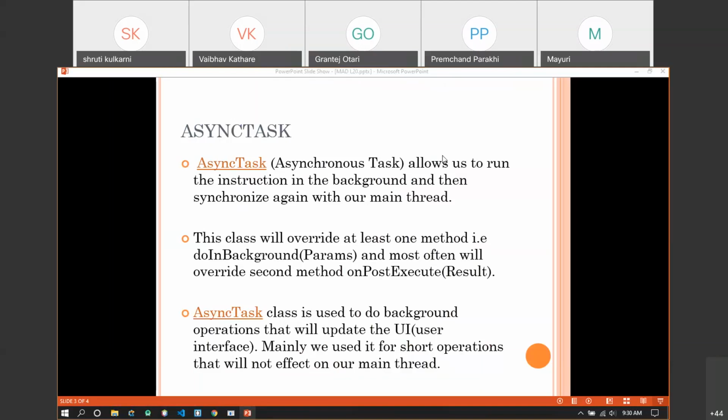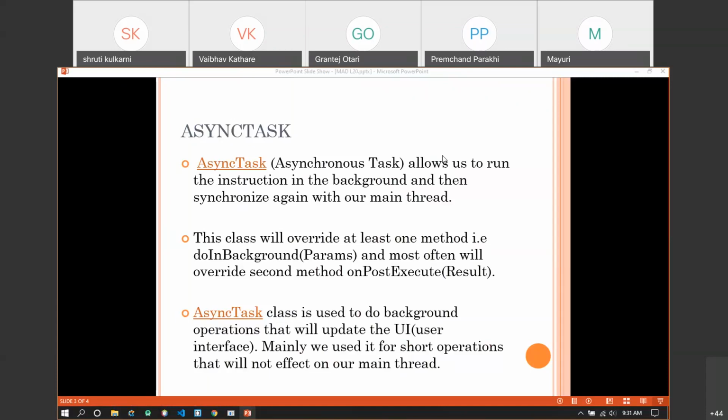This particular task allows you to run instructions in the background, and they should be running in an asynchronous way. Now, what do you mean by asynchronous way? They will not affect your main UI thread. Suppose you have a really long operation, and you run it on your main UI thread.